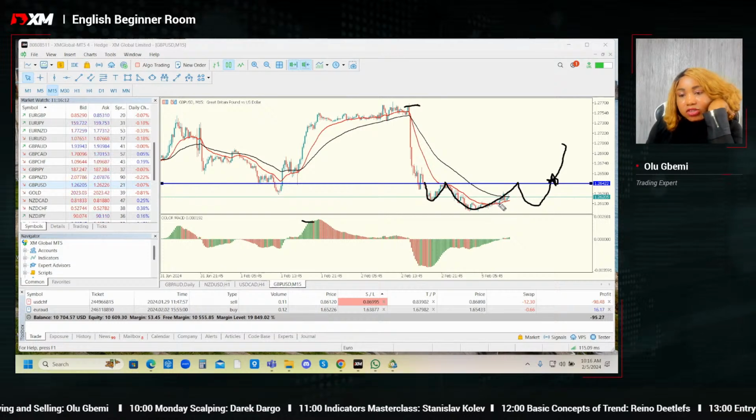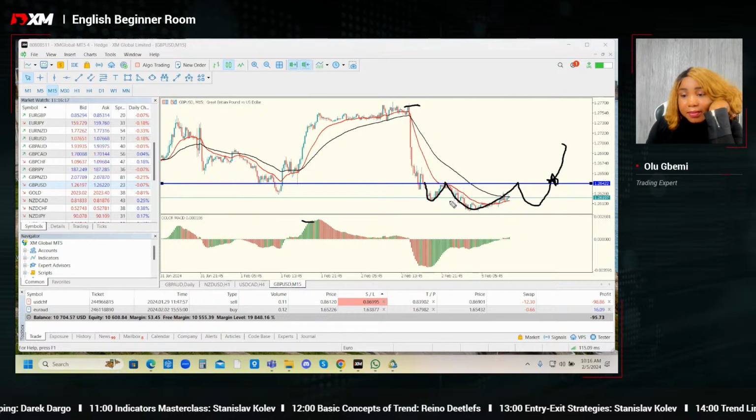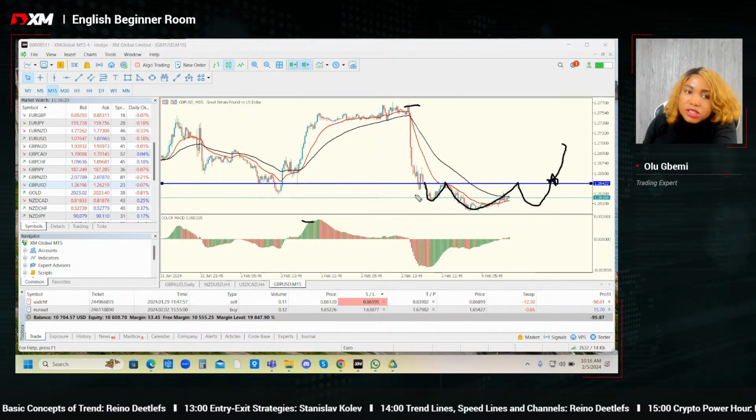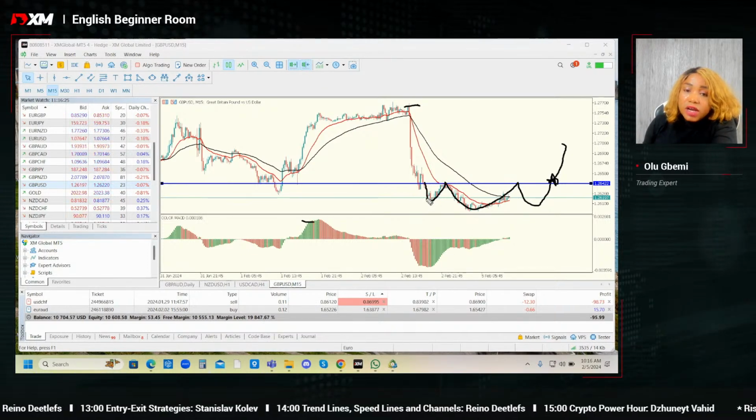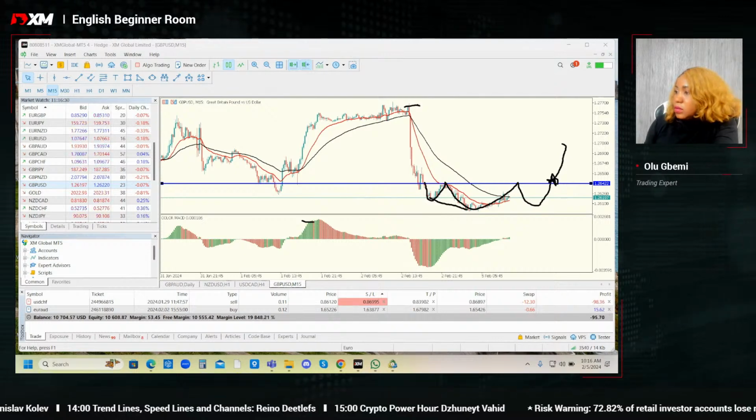I'm thinking to buy from the lower time frame because on the higher time frame, I'm seeing a pullback. I'm seeing something that is signifying that the price may pull back. And coming to the 15 minutes for intraday, if I am going to trade intraday, I can see, sorry,